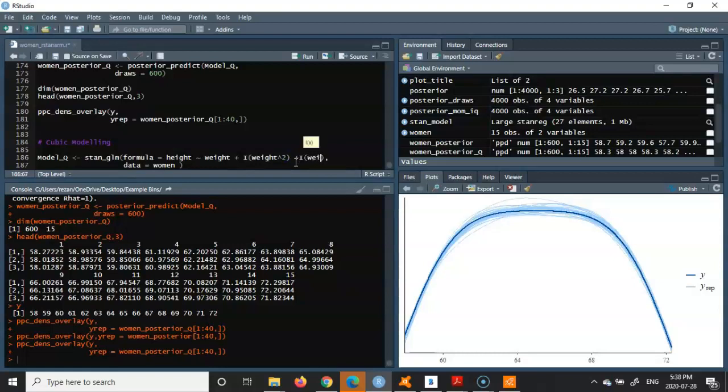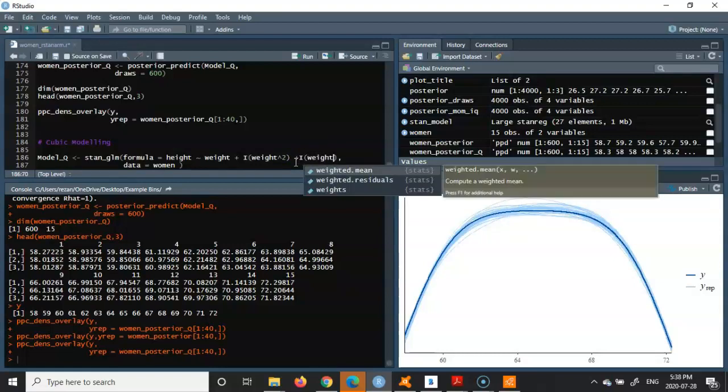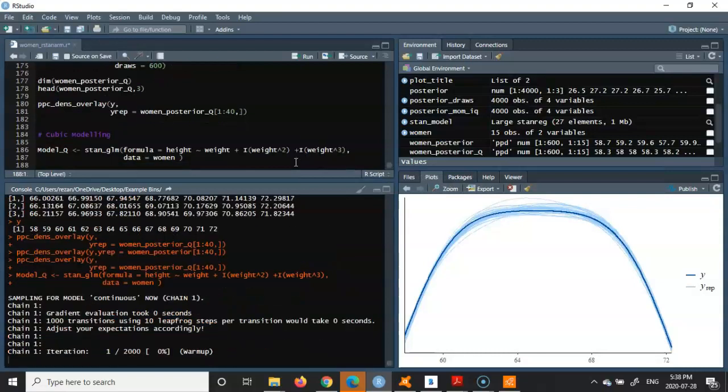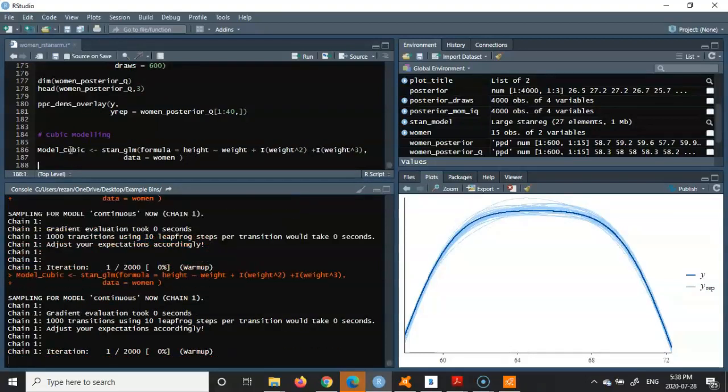I'm just going to have the weight come to the power 3, because we already have the quadratic terms. I'm just going to execute the line. However, let me stop it, because it was better to call it cubic. I just put it as the model cubic. Now it's a good time to execute the line